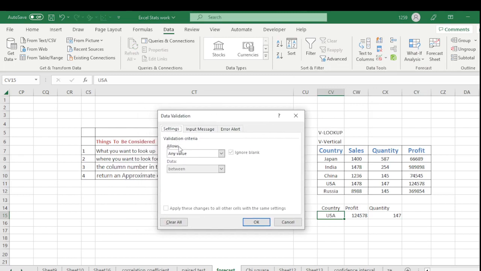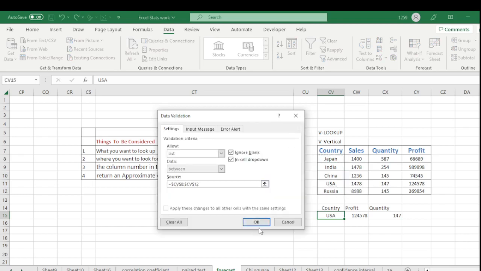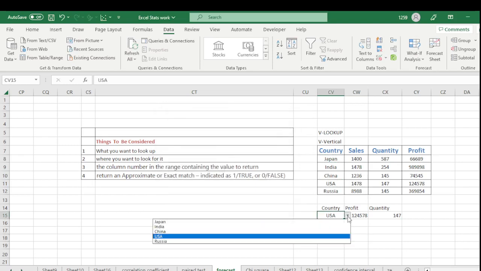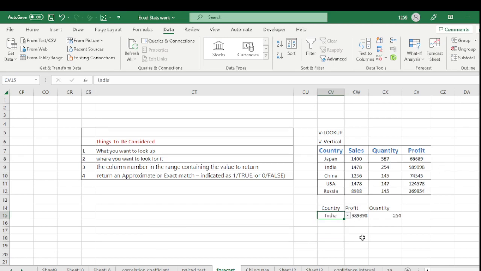Go to settings, go to allow, any value, click on this down arrow, and here it is list. So what is the list? This list. Next, what is source? Source means what? This. Okay, source. So I will select Japan to Russia. This is my source, and I will click OK. See here. Now for USA, you will get this automatic range, that is India. Let's say for this India, this is my profit and quantity, and this is very simple and very